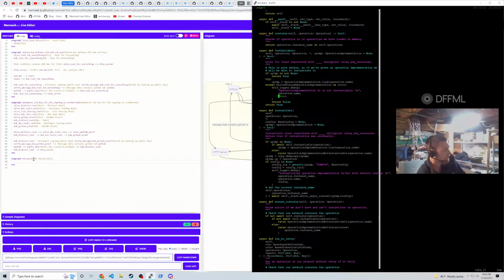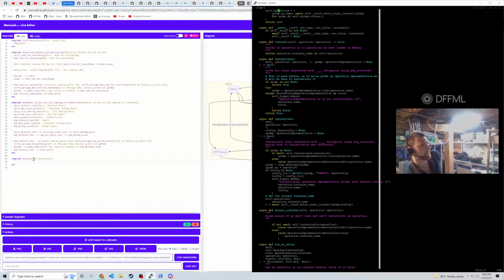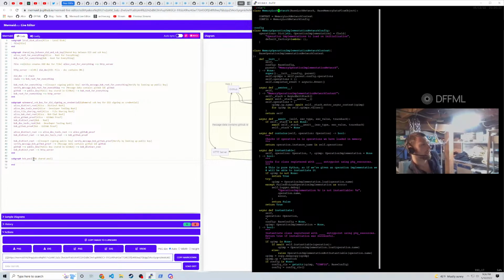We want to make sure that we don't end up in a situation where an operation implementation network context doesn't check the allow list of what operations